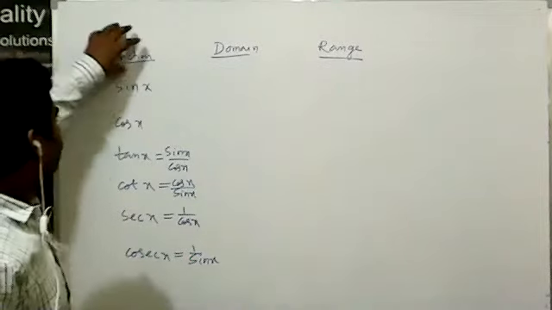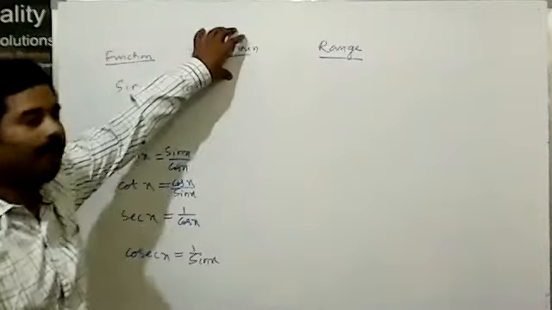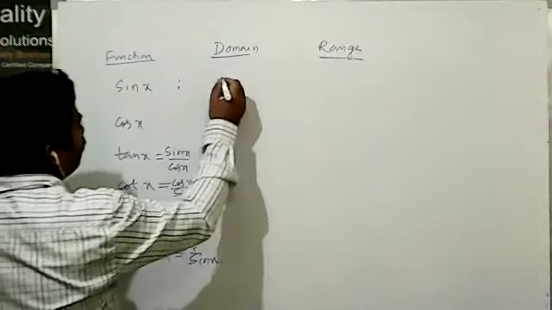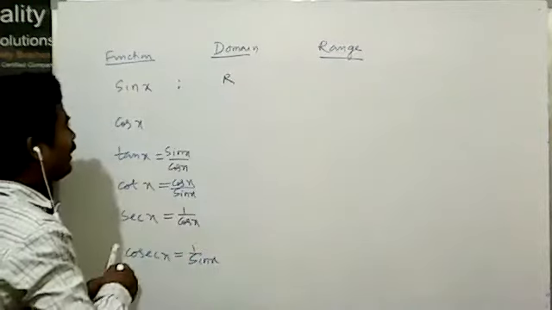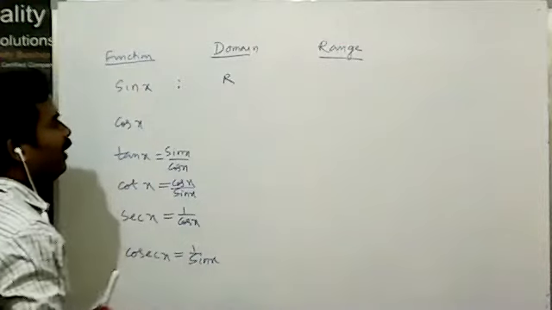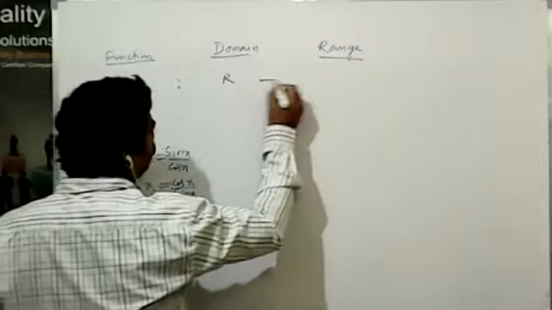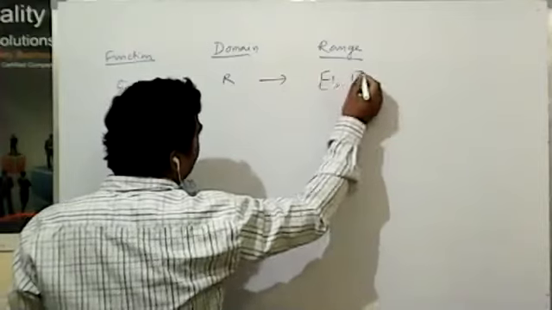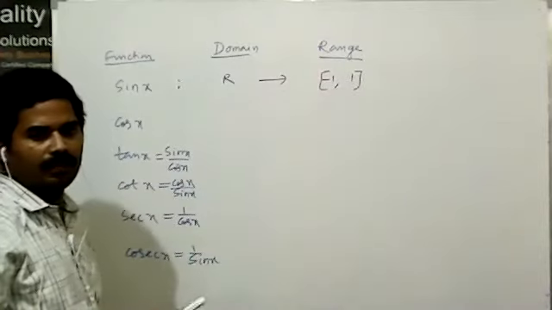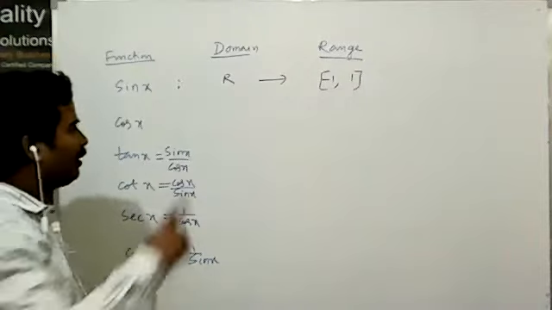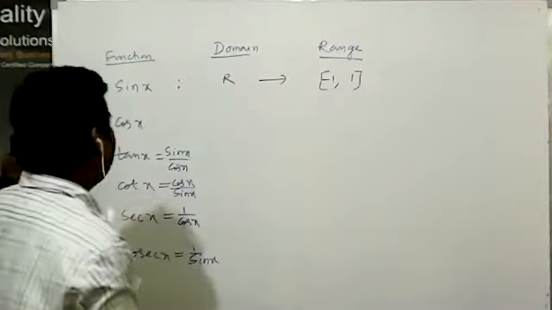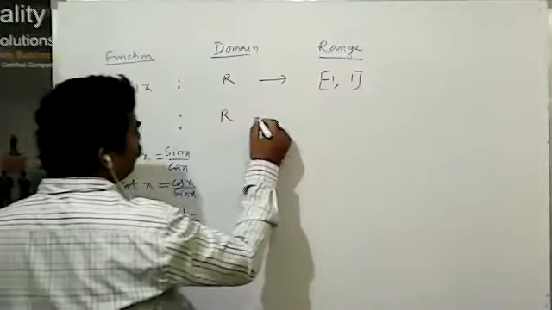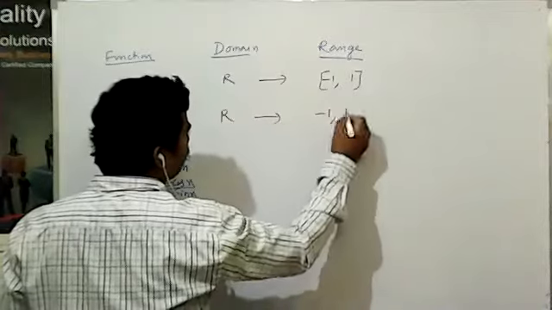now here, some trigonometric functions are there. This is the domain, this is the range. We put in a real number, so the value of x is real. After putting in the real value you get the range -1 to 1. Inside -1 to 1 we will get all the values; the range will be -1 to 1. In between -1 and 1, all values will come. Similarly, if you put the real value in cosec, you have to get values within -1 to 1.